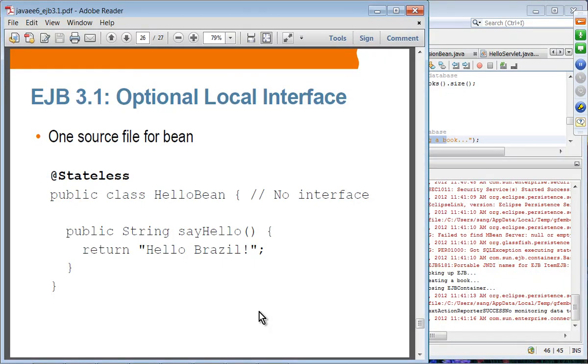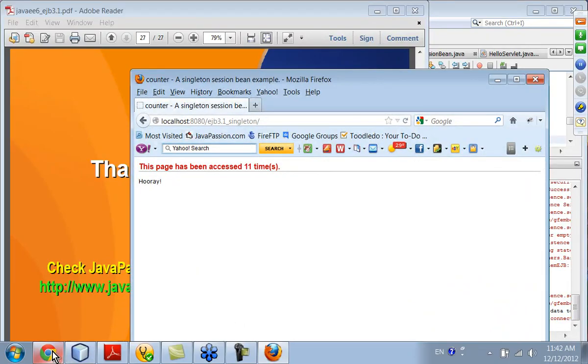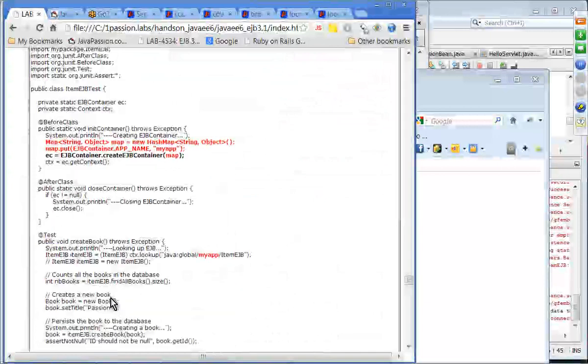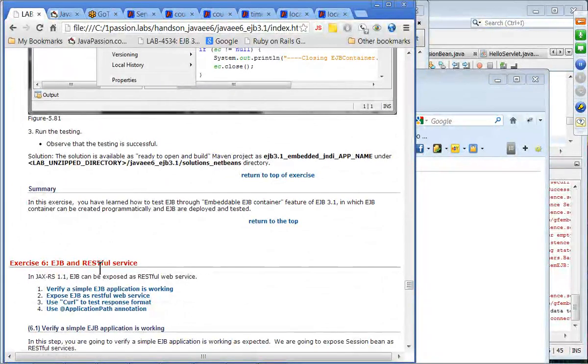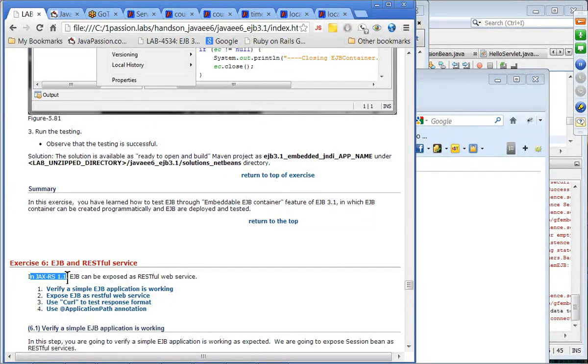All right, so that is the end of my presentation. One topic in the hands-on lab is the RESTful service with EJB, and we actually covered this one in JAX-RS 1.1, so I'm not going to talk about this one. So, all right, so let me just make sure that